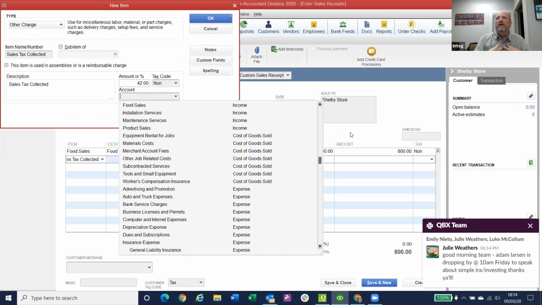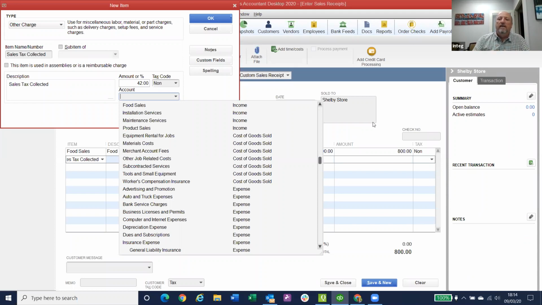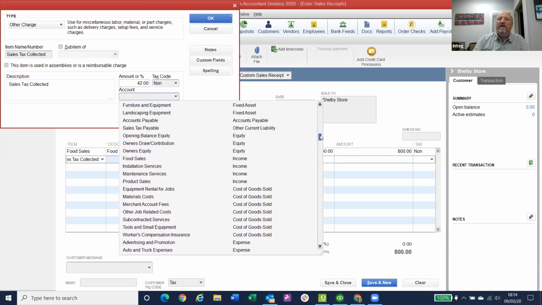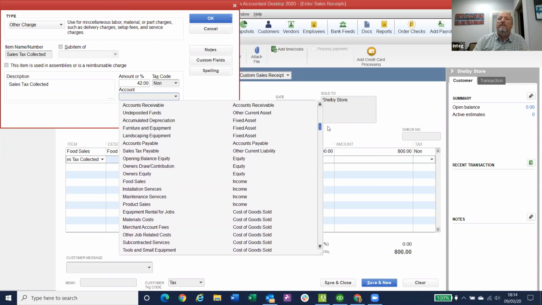So it's not my money. It's not income to me. And so I'm going to roll up my chart of accounts until I find an other current liability to put it in. Now this one that's out here that says sales tax payable, that one is more designed toward if you did an invoice and you sold something and you said it's taxable, down at the bottom it would collect